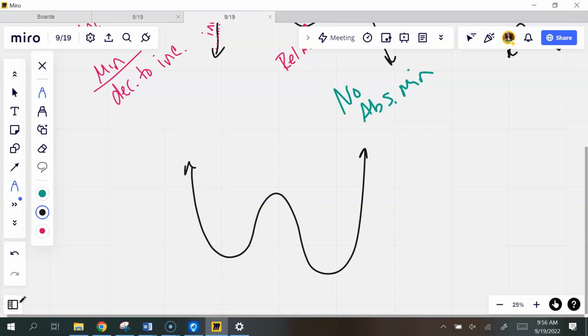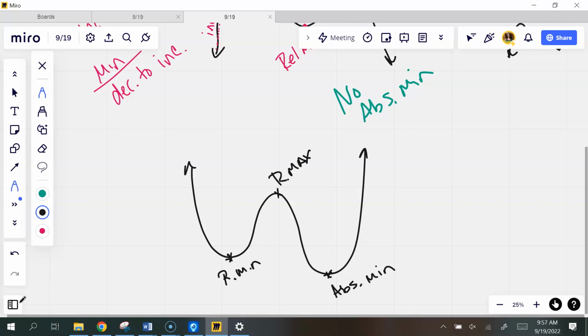And so now I don't have an absolute max, but I do have an absolute minimum. Okay. So this would be a relative min. This is a relative max. This is the absolute min. Now I could still call it a relative min because in this area it's still minimum relative to that, but